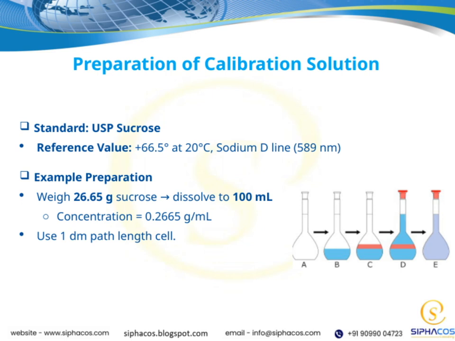For the preparation, we weigh out 26.65 grams of sucrose. Then, we dissolve that in enough water to make a total volume of 100 milliliters. This results in a concentration of approximately 0.2665 grams per milliliter. We'll be using a 1 decimeter path length cell for our measurements, which is standard for